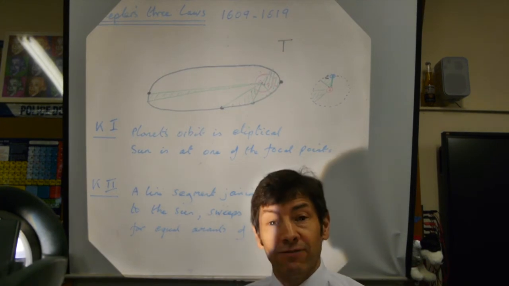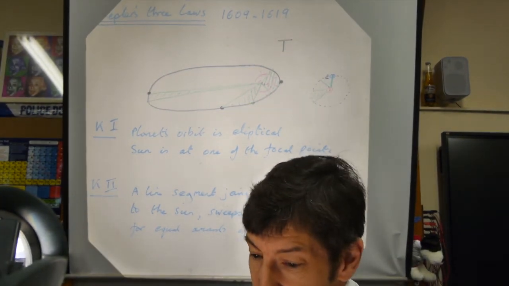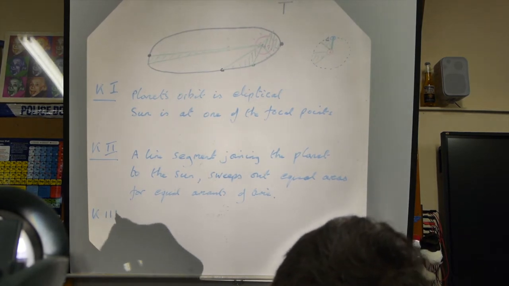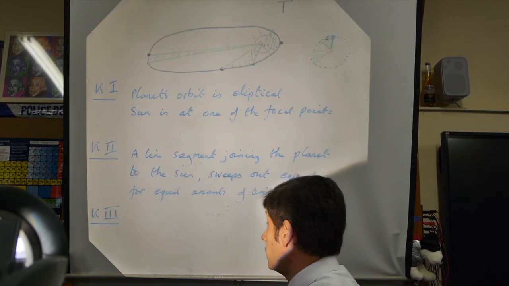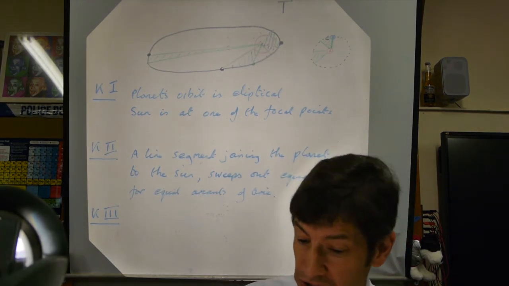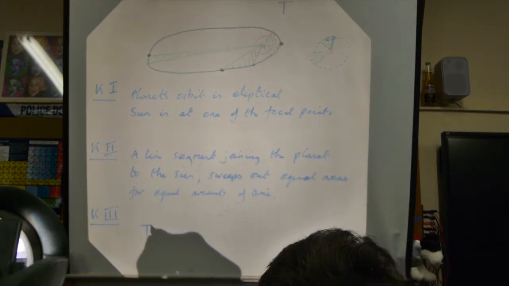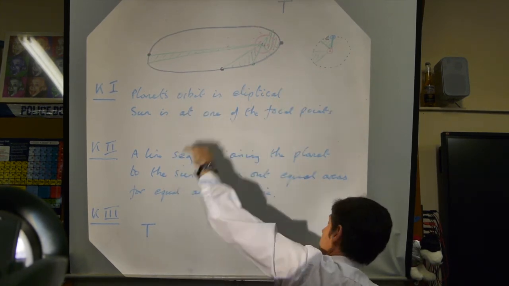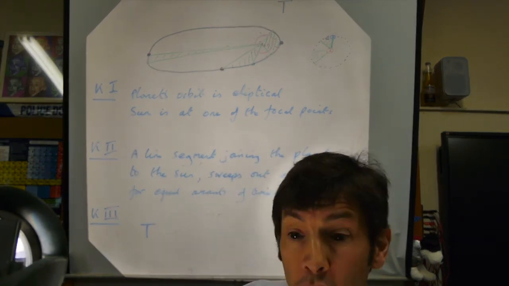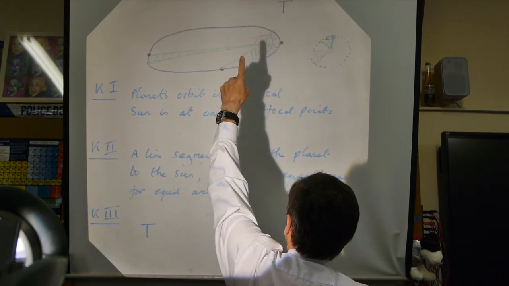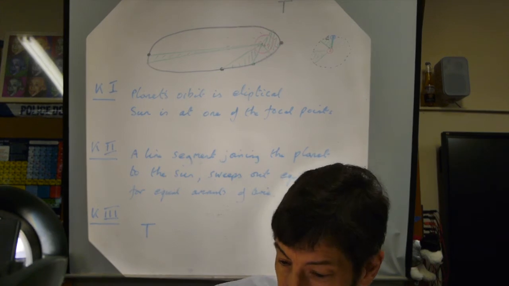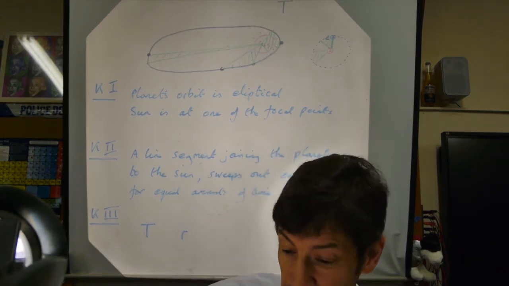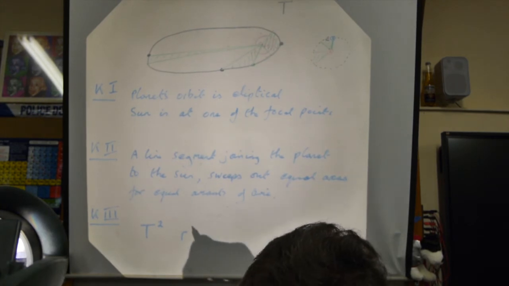All we need to do now is have a quick look at the third law. The third law is a little bit easier. So Kepler 1, 2, 3. Kepler's third law basically states, so I won't write huge long sentences, that if you know the time period, so remember what that is. The time period is the time to go round once, so 365-ish days for the Earth, and you know the distance from the object it's orbiting on average, and it's really important that it's on average, r, the average separation from the object, you get a linear relationship if you square the time period and cube the